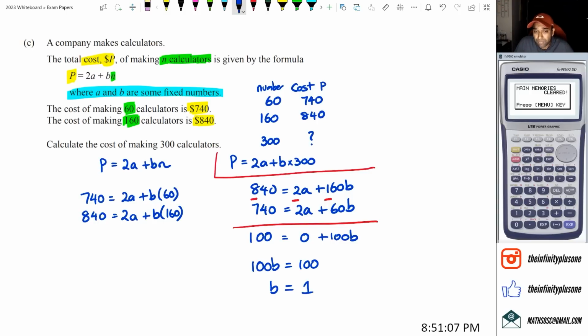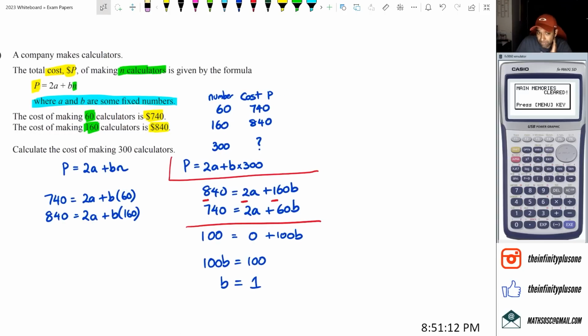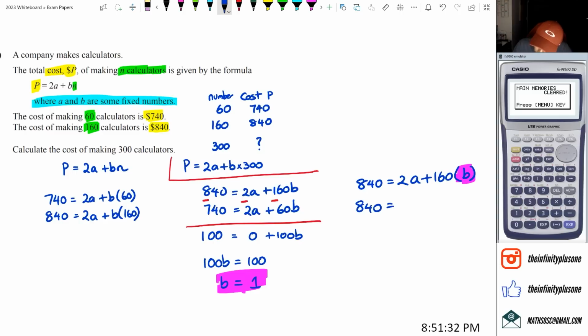I figured out what B is. Now I've got to go back and figure out what A is. To do that, I could use either of those two equations. I'm going to use the 840 equation. So I've got 840 equals 2 times A plus 160 times B. But we know B is equal to 1, and we're going to substitute that in. So we've got 840 equals 2 times A plus 160 times 1. So 840 equals 2A plus 160. Rearrange this: I've got 840 take away 160